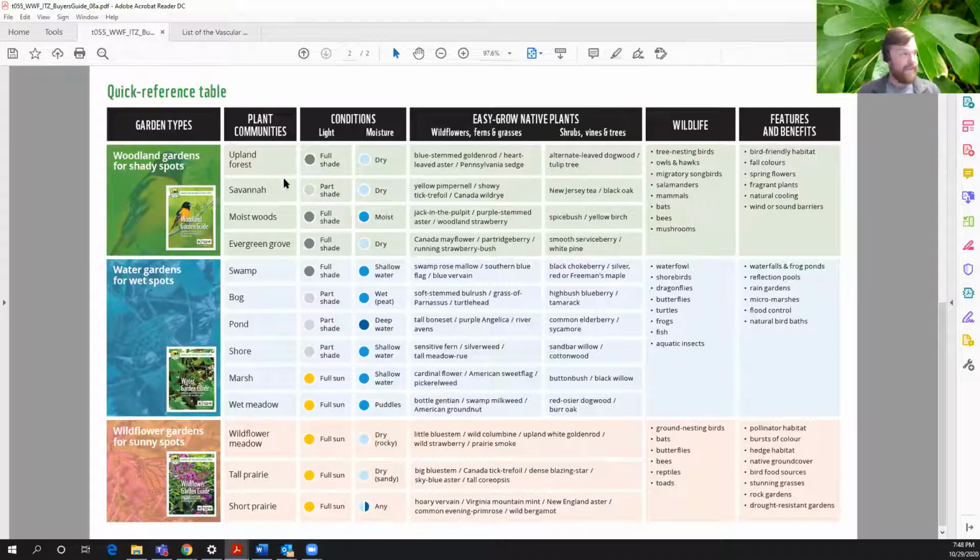And we have all of these different habitat types. And on top of that, we have the reference ecosystem that it most closely resembles. We have a bunch of wildlife that you can look at in that habitat once you get to that point. And we also have the natural sort of benefits that you get out of a garden of that type. So we're hoping that this is a resource that will be broadly applicable to lots of different types of people, and it will help them pick the right plants for their garden.